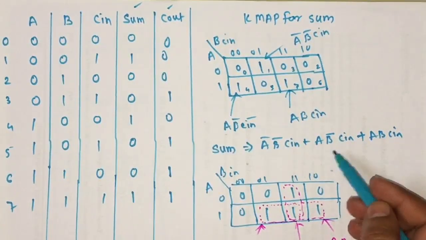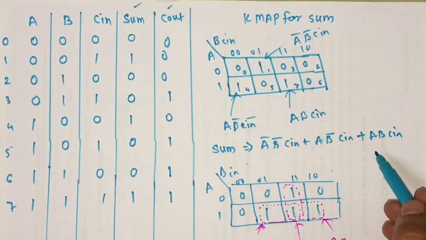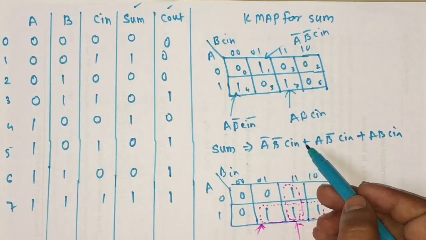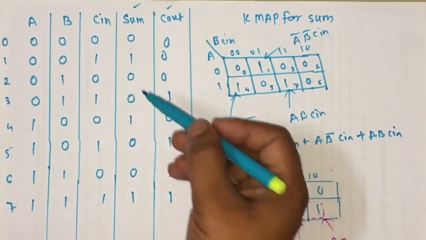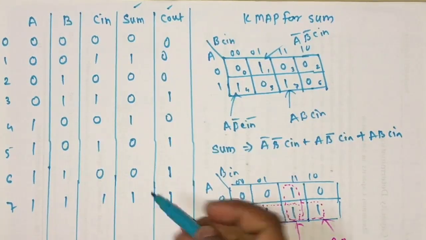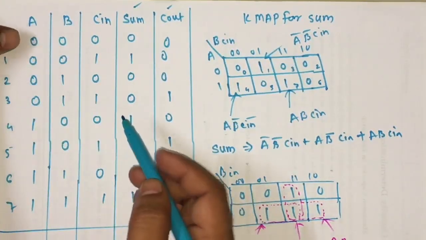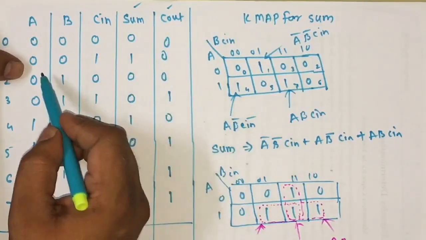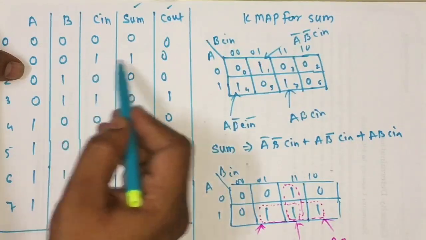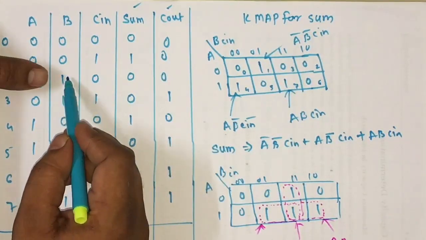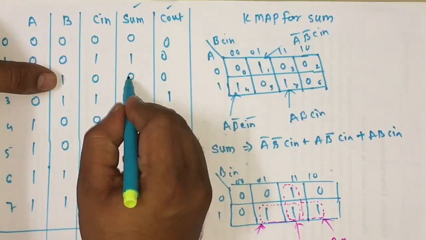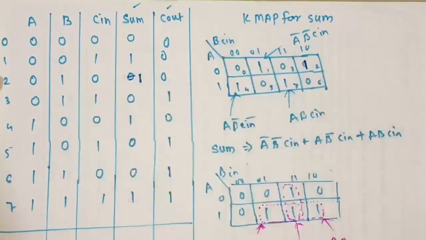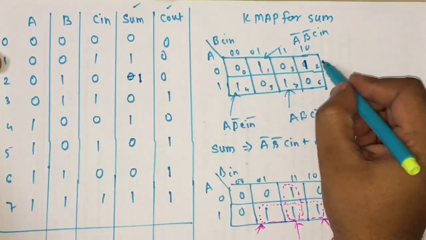Here I think one mistake is there. For sum there are 4 terms we are getting at the output. So let us again check whether the truth table has any mistake. Here 0 plus 0 0, 0 plus 0 0, 0 plus 0 0, 0 plus 1 1, 0 plus 1 1, 1 plus 0 1. Here the mistake is there. For M2 the term here is 1. So 4 ones are there.